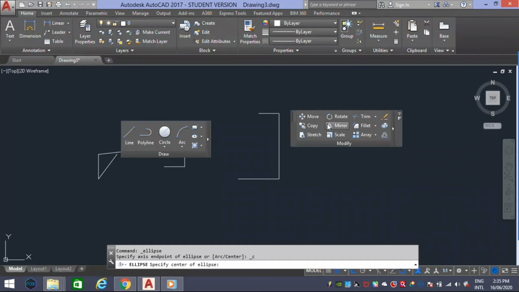Rotate, rotating objects with a base point at a particular angle. And mirror, creates a mirror copy of selected objects. And scale, here the scale enlarges or reduces selected objects, keeping the proportions of the object the same after scaling.